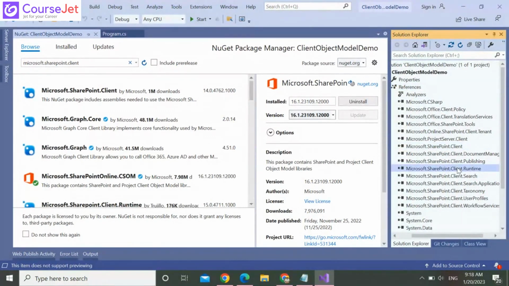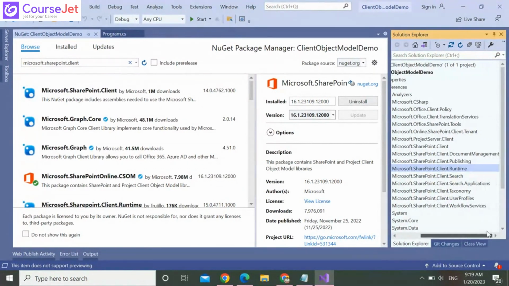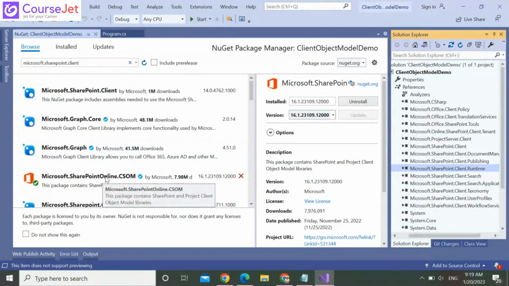These two DLLs are required. Anything related to taxonomy, search, user profile, workflow, those DLLs, like Microsoft.SharePoint.Client.Taxonomy and Search, we need to add manually. If you select Microsoft.SharePoint.Online.CSOM, you don't need to add manually; by default it adds all the DLLs.